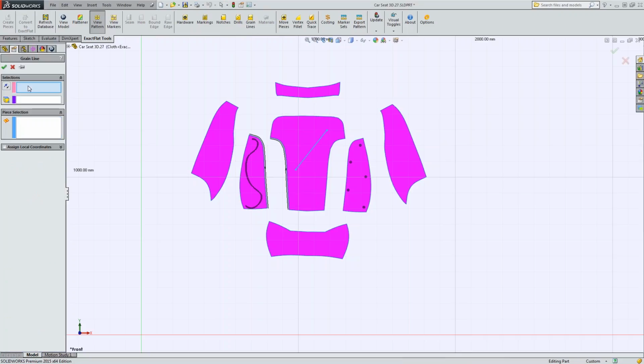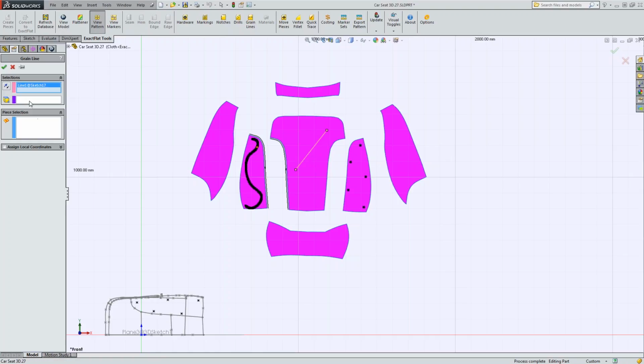And from the grain line PMP, to actually define the grain line, there are a couple criteria. We can choose a straight linear edge. We can choose two reference points on a model. So I can choose these 2 points, for instance, and it will create a grain line out of those. Or I can clear this, or I can choose a line. Turn on sketches. I can choose a line segment from within a sketch, and that is now going to act